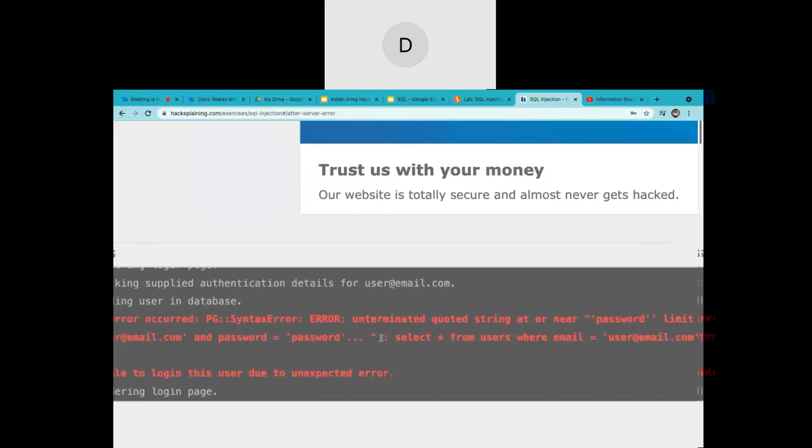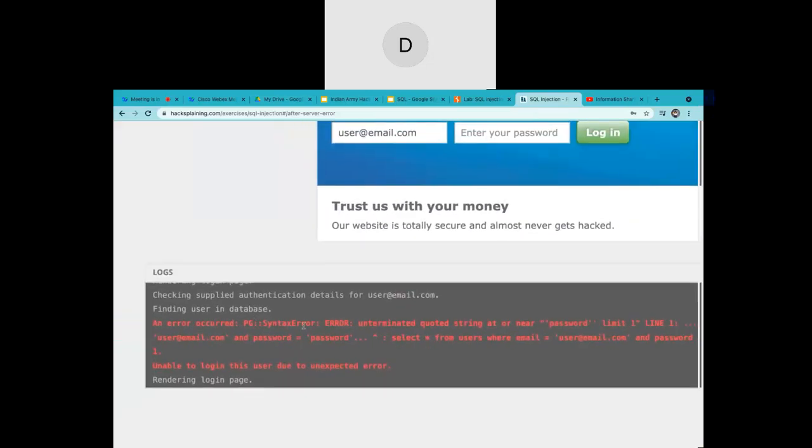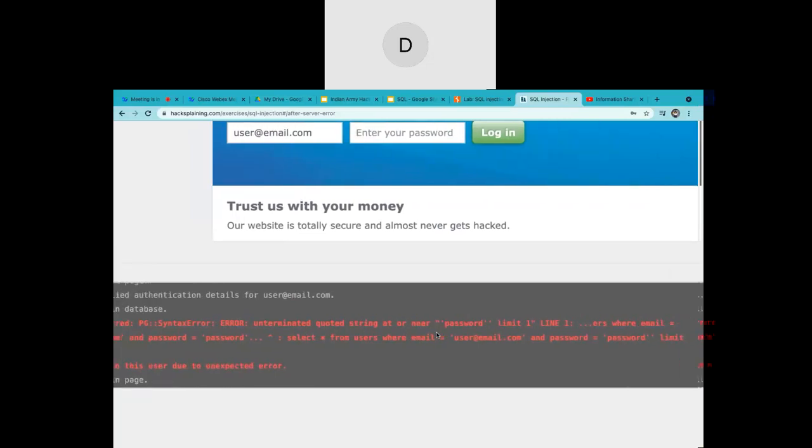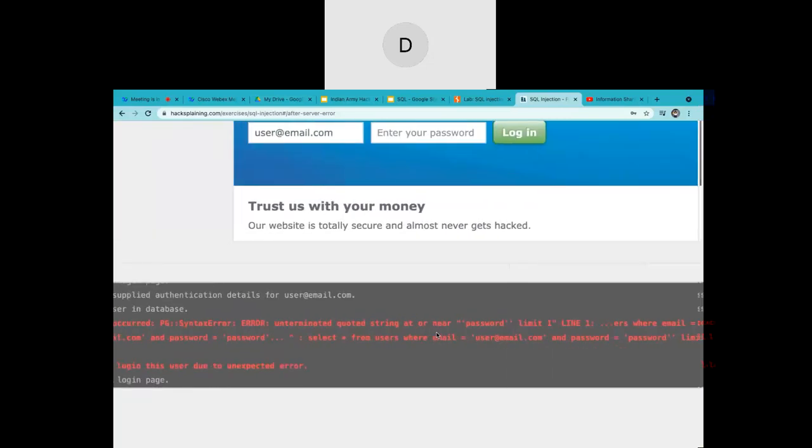So whenever you see the syntax error, that means you have to be happy, because I mentioned the name of this type of SQL injection earlier, that it is error based SQL injection. That means you are able to get the error, and we are going to use this error and balance the query in such a way to perform SQL injection. As you can see, there is some issue created near password.